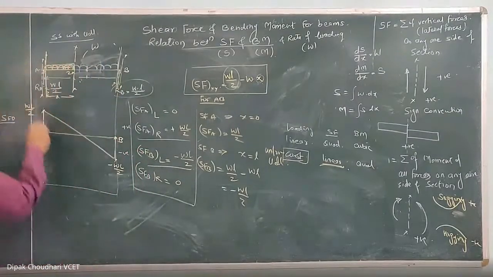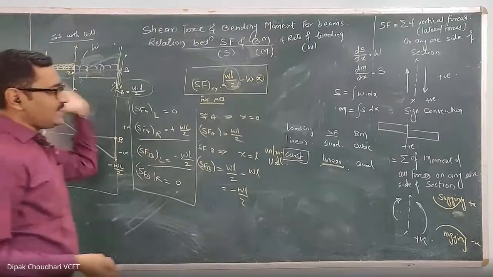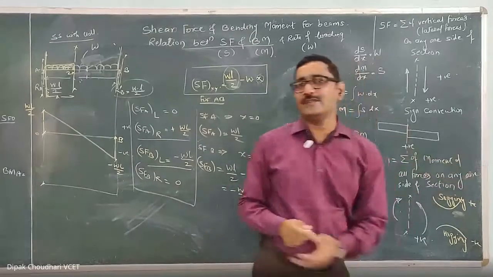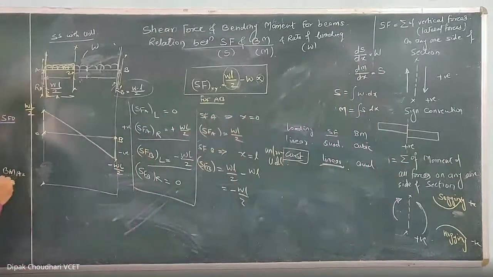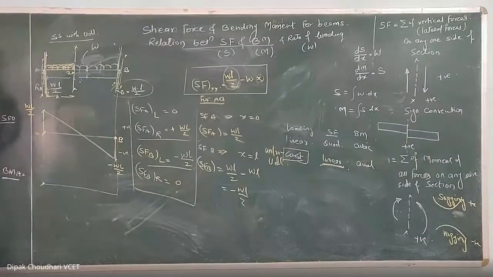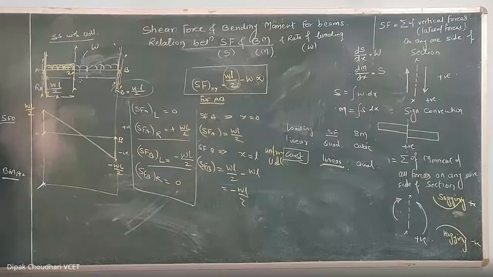Okay, then how much is the bending moment at point A? When I say the bending moment at point A, it means I am considering the imaginary section at point A. And to calculate the bending moment at point A, what you have to do is take the summation of the moment of all forces on any one side of the section. Now the section is at point A, and if I take the algebraic summation of all the forces on the left hand side, left side में कोई force ही नहीं है, तो उसका moment का summation कितना होगा? 0. So bending moment at point A will be 0.